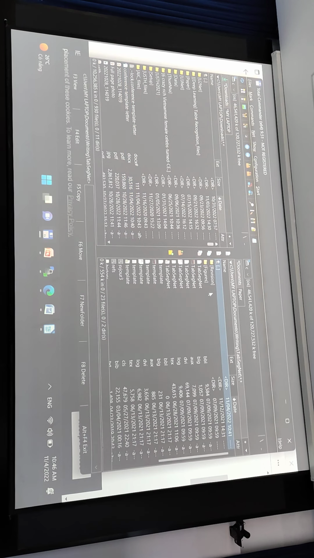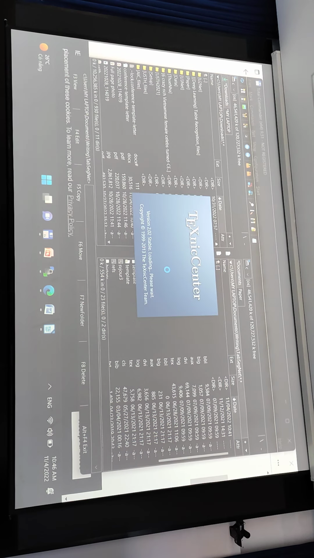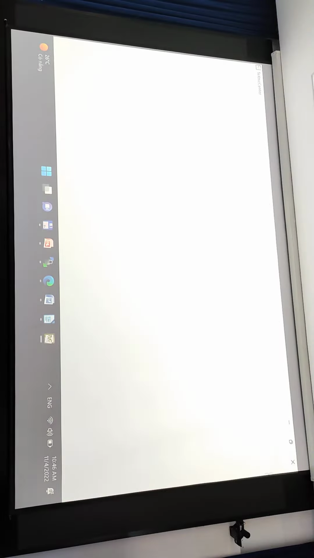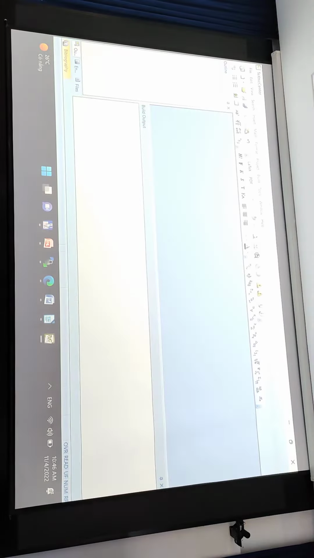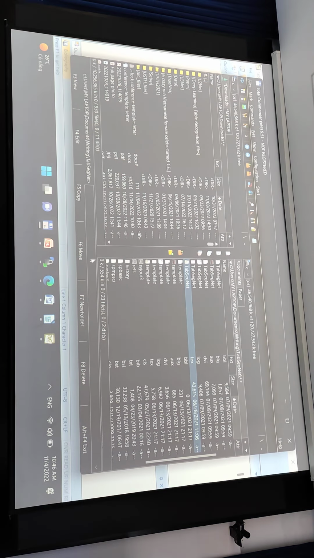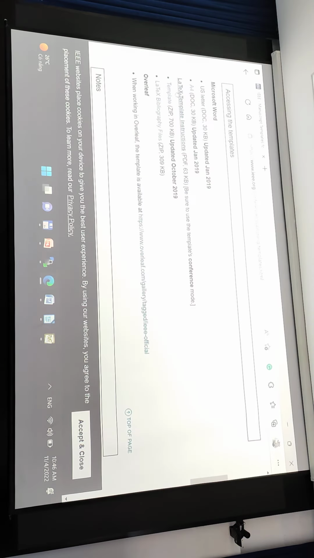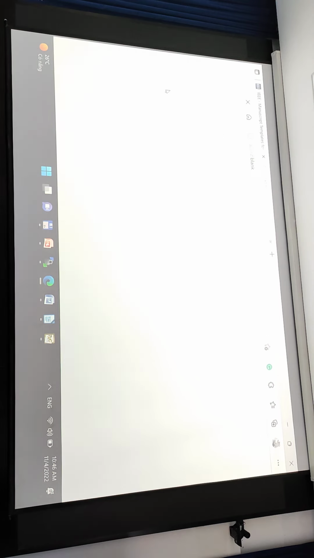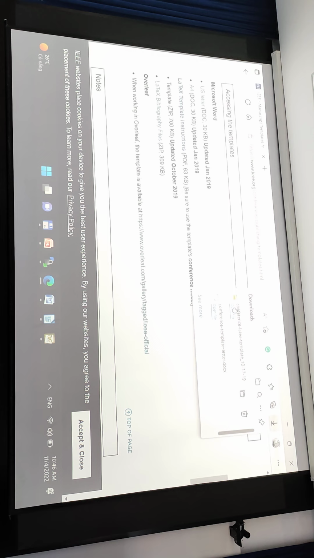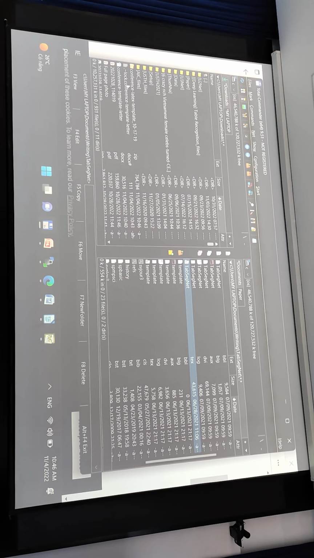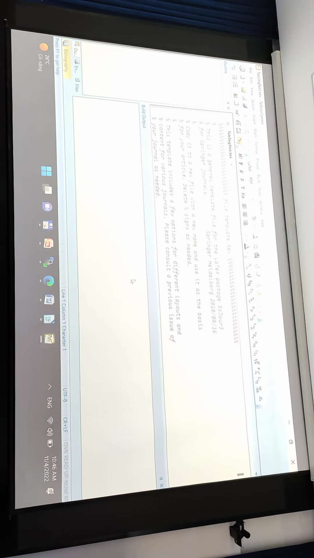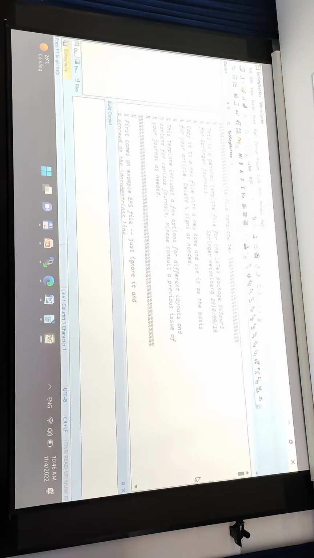Here I take my recent paper. I use another template, and here I downloaded it from the template site. The template also provides us the files, and this is my document.